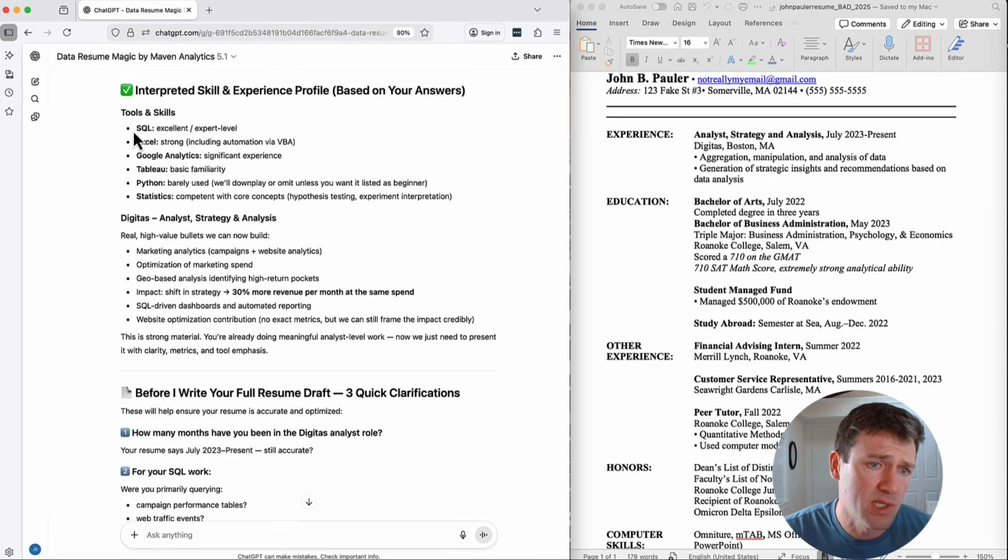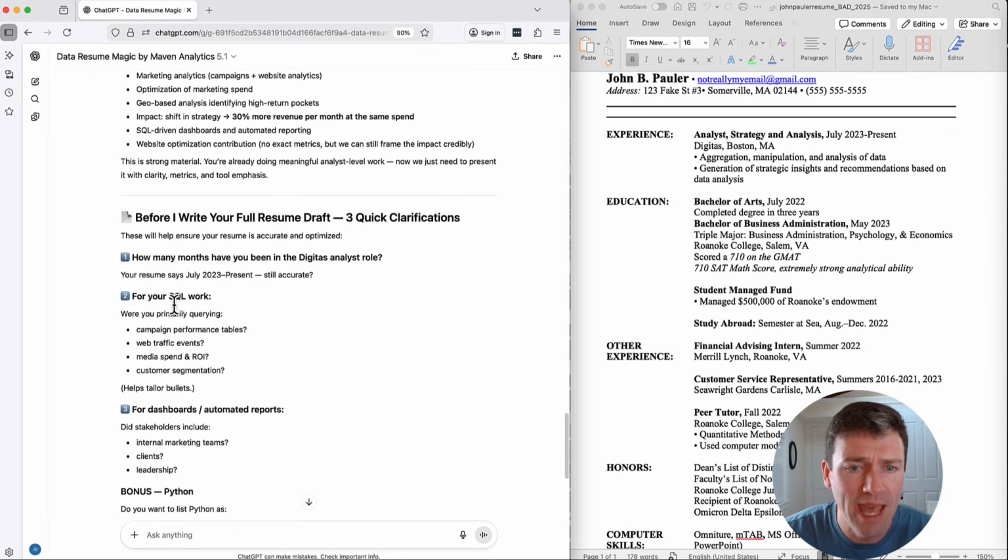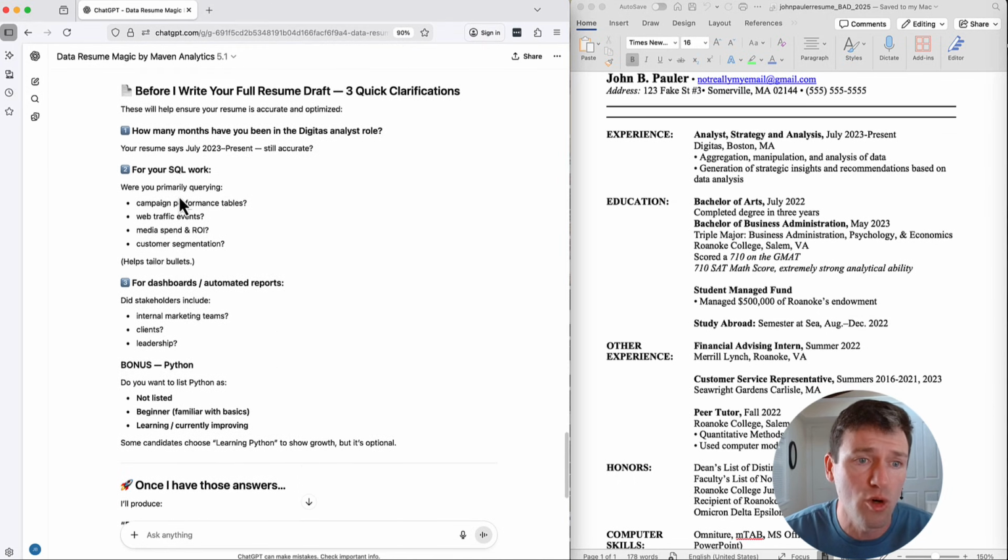So it's summarizing the things that I told it in terms of skills. It's trying to bring some things to the forefront here, including impact and a little bit more specifics about what I actually did, so people reading it could picture what it might be like to work with me. And then finally, it does have a few more questions here